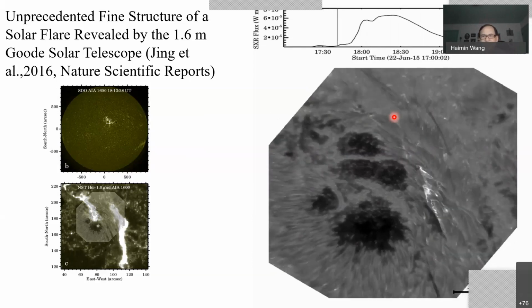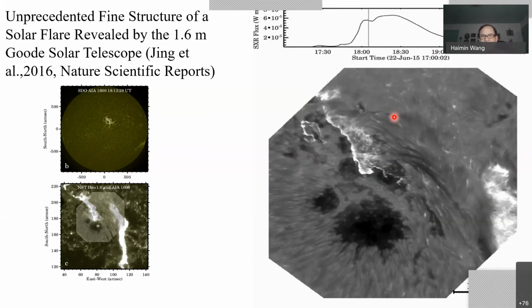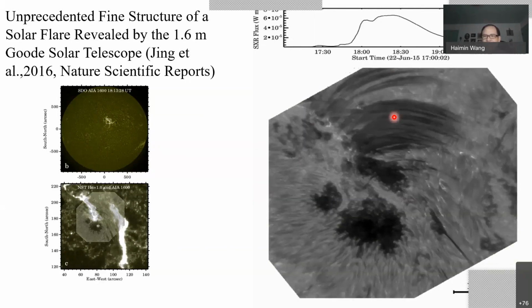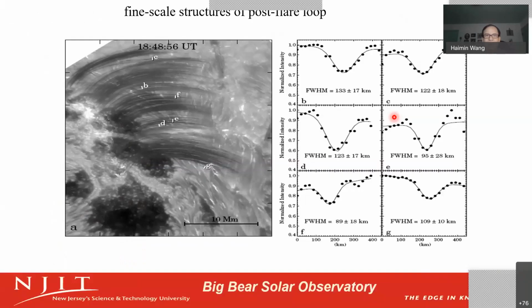Although we can present a flare as an ensemble, it may consist of a lot of small scale energy releases. And the size of those post-flare loops, as we showed here, is around 100 kilometers, which is similar to the previous study of the flare ribbon width. It's on the order of about 100 kilometers, which we had never seen before until we used this Big Bear